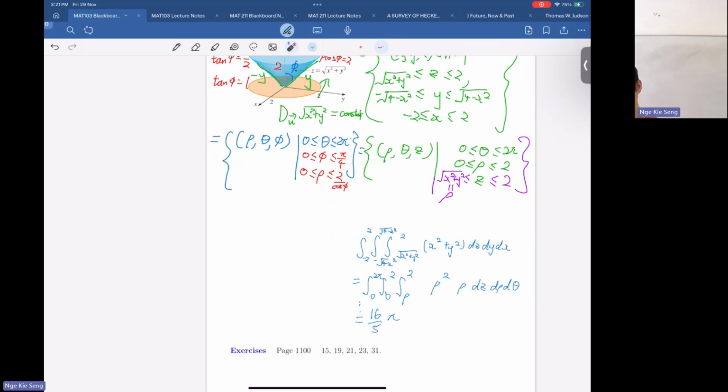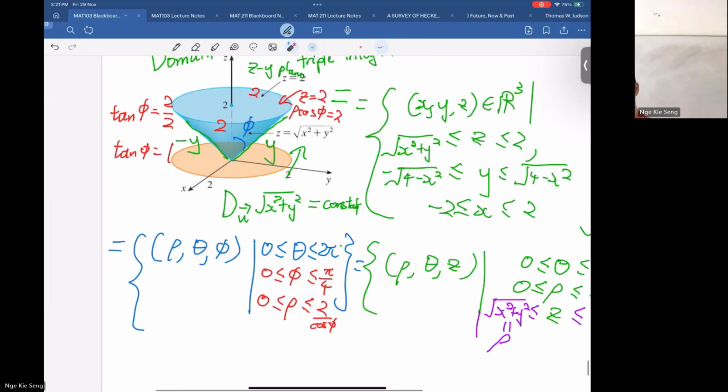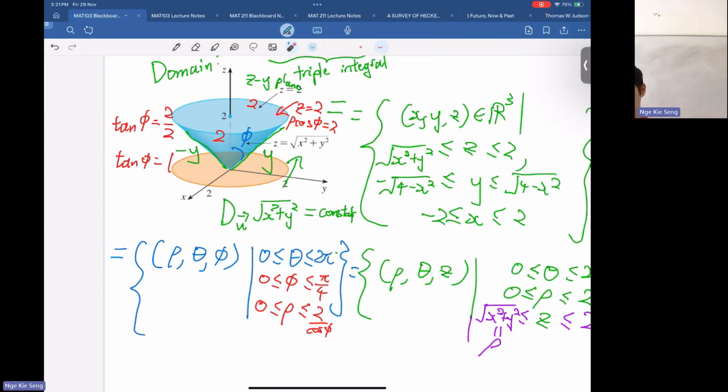See, you get the same answer 了。讲一下，应该没有错吧？从这边 and then 下来，and then radius is going from 0 to this. Yeah, I think 没有错。